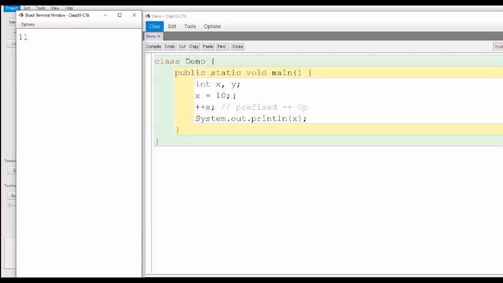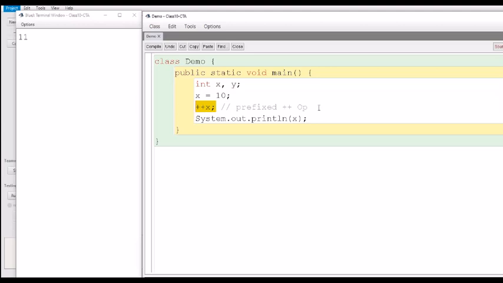Now, two things to understand here. First, ++ is a unary operator. Second, ++ comes in two forms, a prefixed form and a postfixed form. What is the difference between the prefixed and the postfixed form? Let me make it very clear: if in a statement the ++ is the only thing written in the statement, then there is no difference, as you just saw.